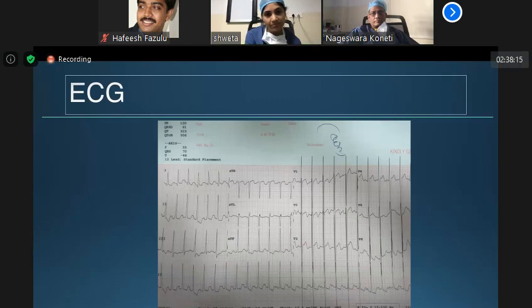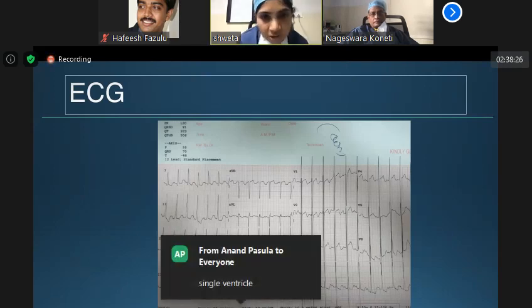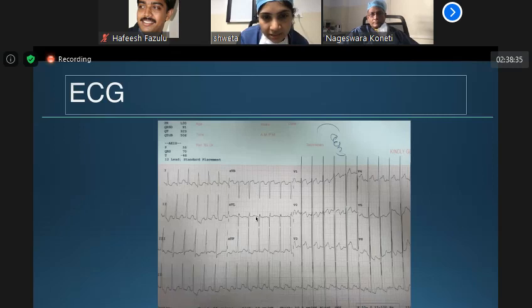Its heart rate is around 150 per minute, regular. P-wave is not seen properly. Which is not seen properly? P-wave is seen in AVR. Can you see that's inverted here, the arrow? Yes, ma'am. And then in lead 2 it is positive. There is a T wave and then that's a P wave. So this PR interval is 0.12 seconds. Yes, yes.